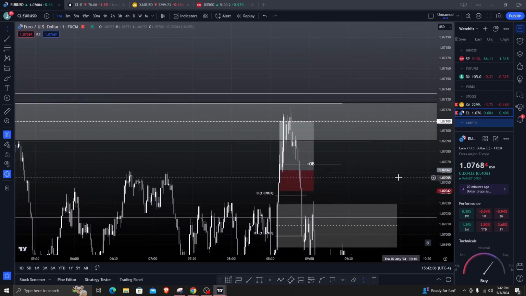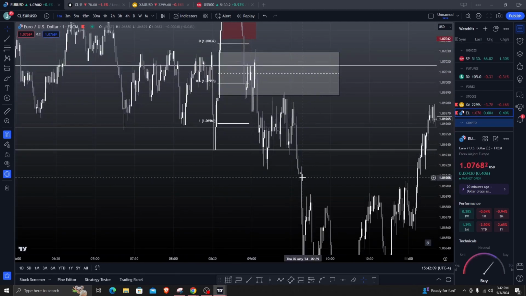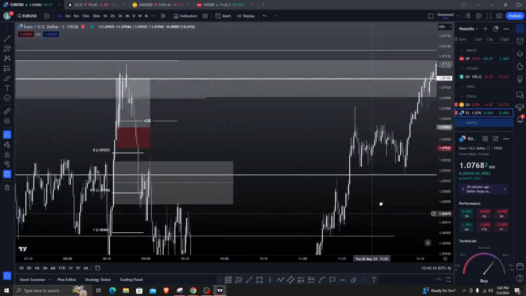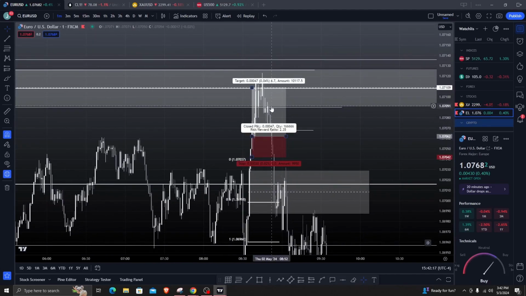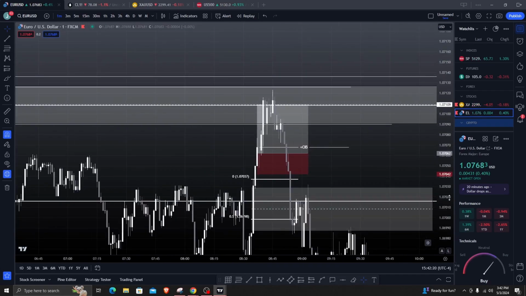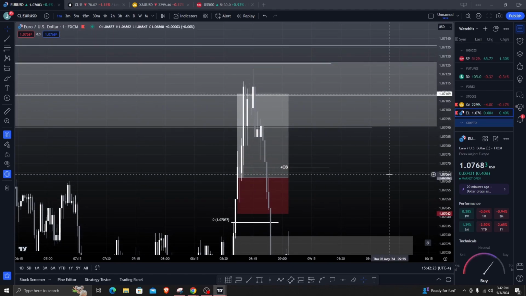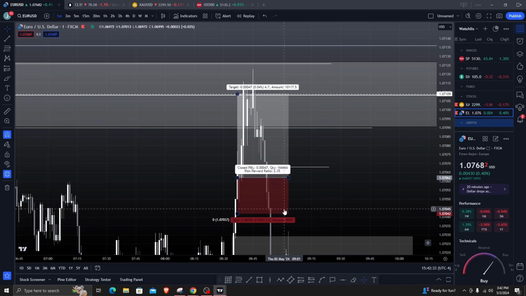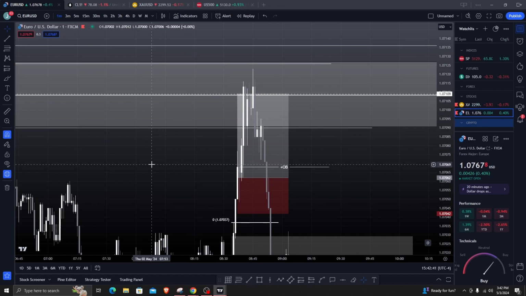I didn't know if we were bearish or if we were bullish. So obviously you could see throughout this day that we were bearish and that we ended up reversing throughout the day. But I want to show you that this trade was good in terms of the execution, but bad in terms of the trade itself and the idea of the trade. This trade was bad because I couldn't figure out the draw on liquidity. This was a bad trade for me. The execution on this trade was absolutely perfect, though. It was absolutely perfect, and that's kind of a weird thing to think about.